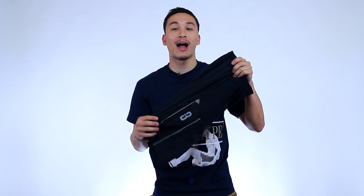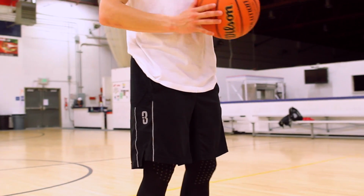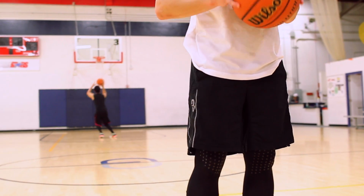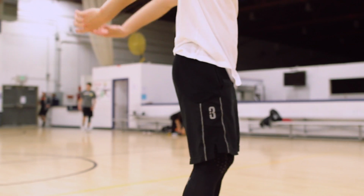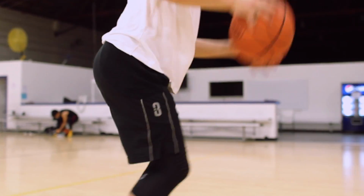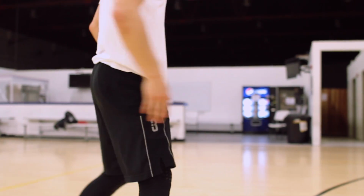Now that we got all of that out of the way, let's get started with the review on my favorite pair of basketball shorts, and those would be the DryV Baller 3.0s from Point 3. If you're familiar with Point 3 and their shorts specifically, you already know about their dry hand zone technology, which uses a towel-like material on both sides of the shorts, and this allows players to dry their hands during play,